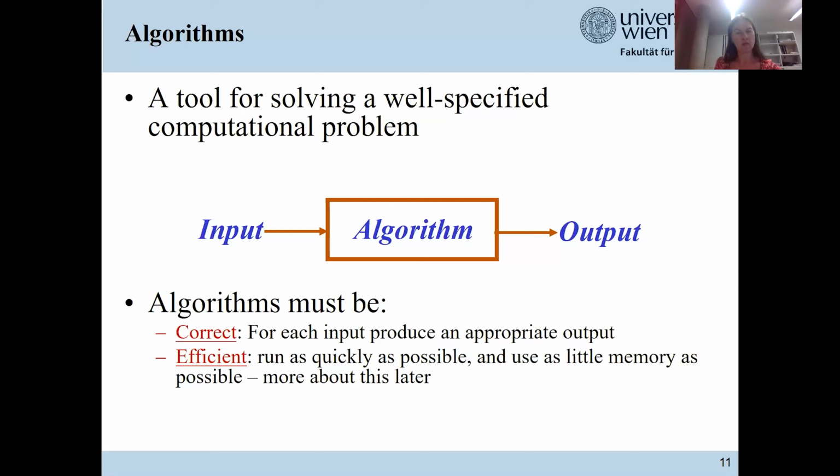Algorithms must be or should be correct, so that means that for each input, they produce an appropriate output. An algorithm also must be efficient. That means it should run as quickly as possible and use as little memory as possible.